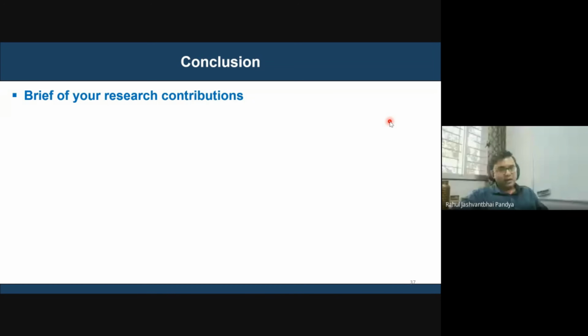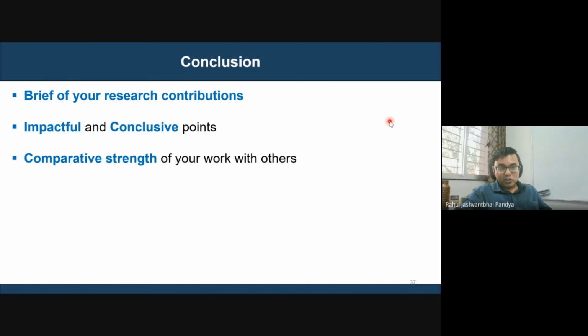So the conclusion should be impactful, same as the abstract, and it should include a brief of our research contributions. Right? So all the inference points have to be placed here. It should clearly say what our contributions were. It should be impactful and conclusive. It should show the comparative strength of our research with others, the existing methods, and show how our research outcomes